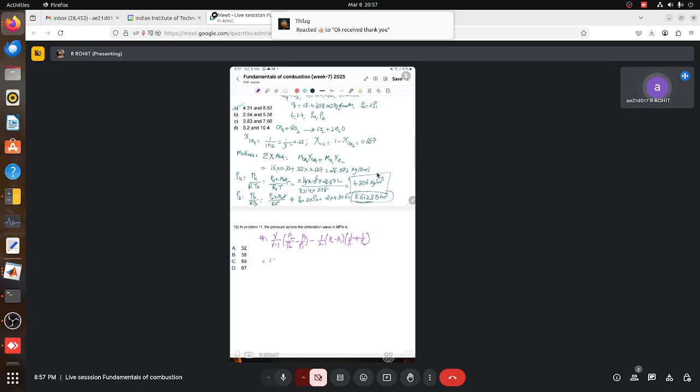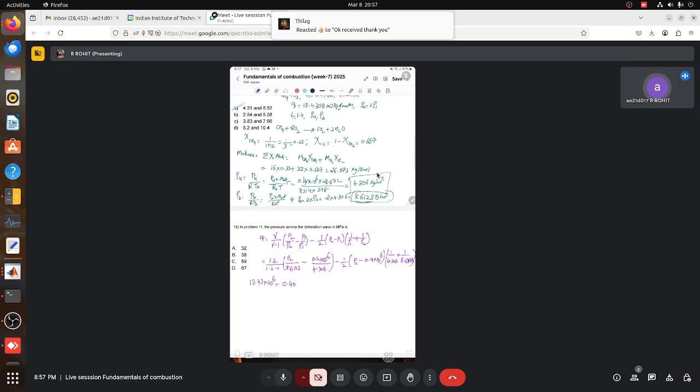Now if you substitute the values here, that is 1.2 minus 1.1 into P2 by 8.623 minus 0.4 into 10 to the power 6 by 4.306 minus half into P2 minus 0.4 into 10 to the power 6 into 1 by 4.306 plus 1 by 8.6232. So your heat Q is given as 13.43 into 10 to the power 6,